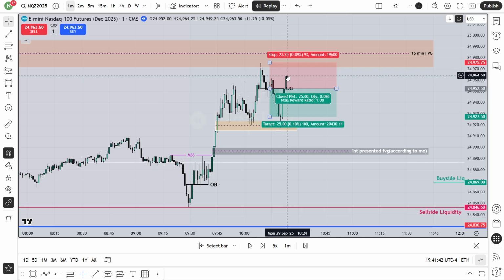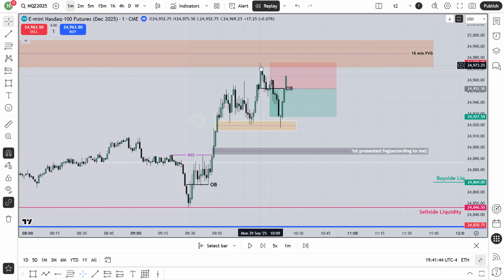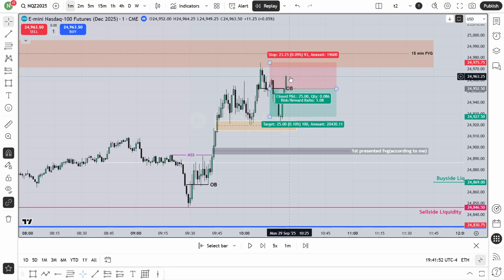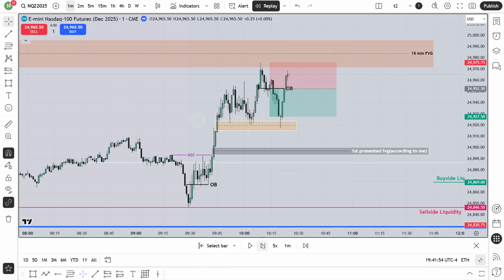The same logic. Did it close above this line? Did it close above that line? Why? This is the order block, remember? Without closing or going above this line, can it make another order block, bearish order block? Let's see. So finally,